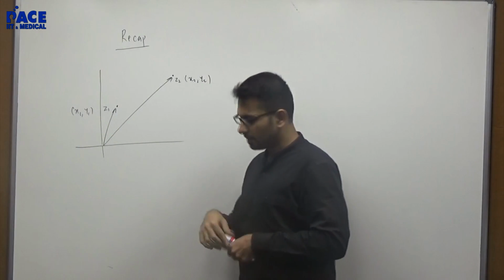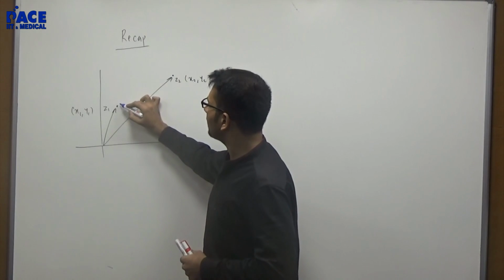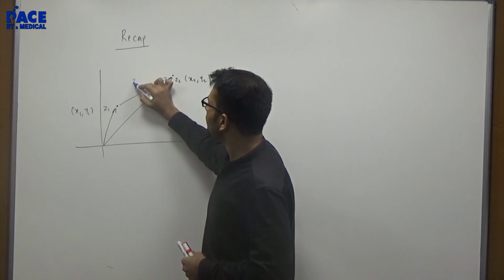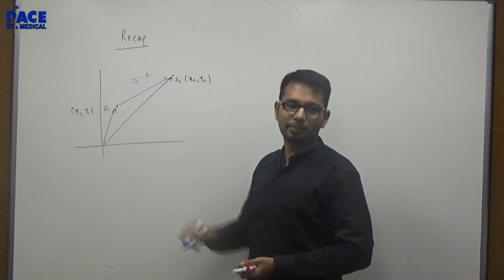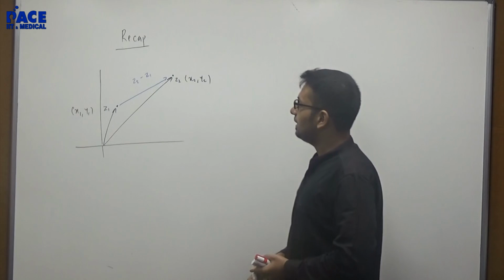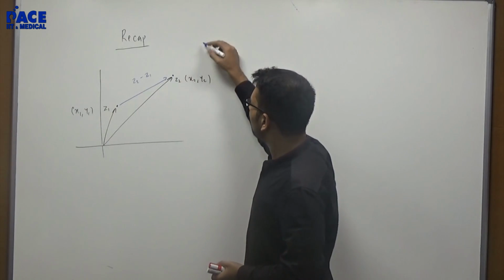Now this vector is actually Z2 minus Z1. It's always head minus tail. ये बताया था, okay? And अगर हम इसका मॉड्यूलस निकालें,